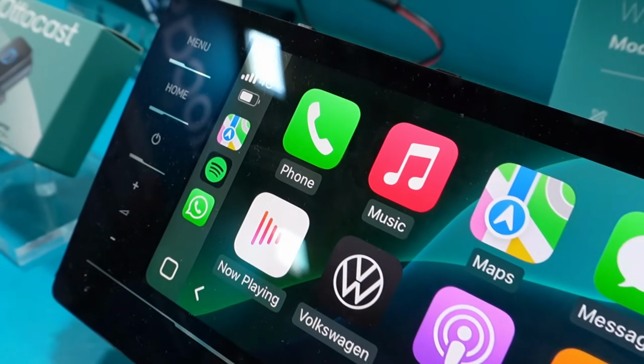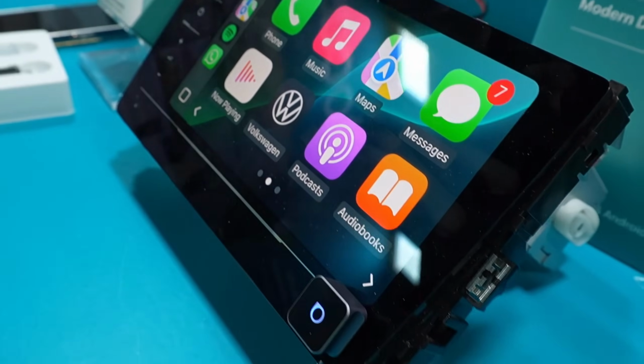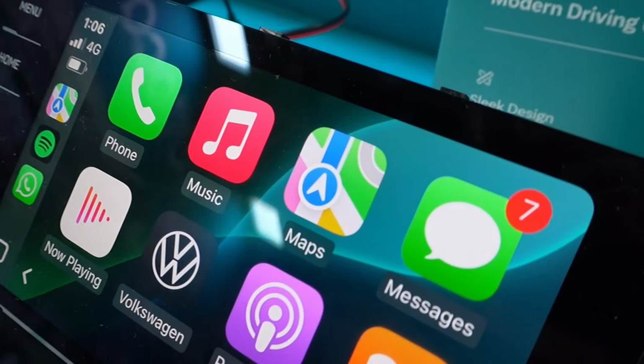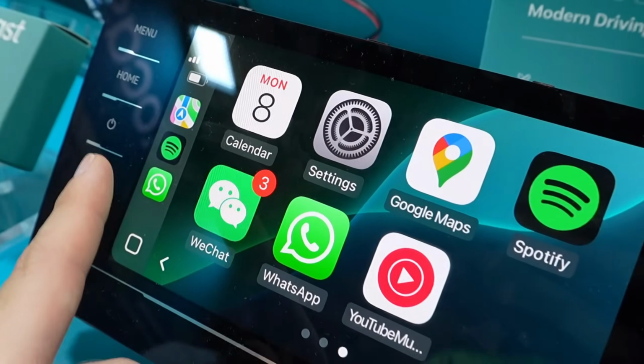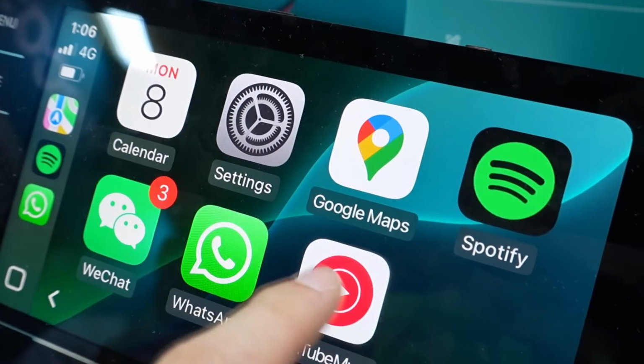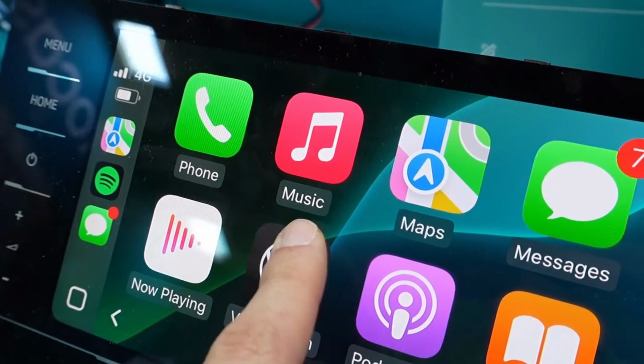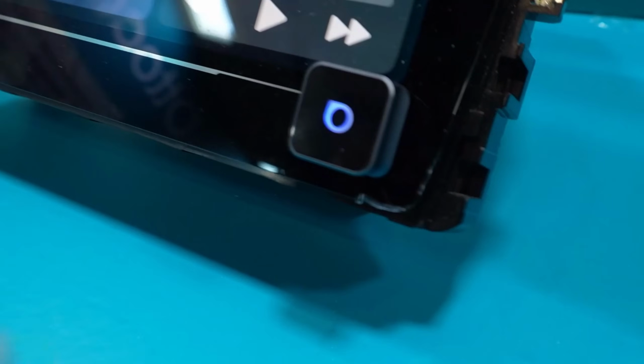Useful for me and for all those people who listen to music inside their car or who are always on the road. I now have a subscription with Google Maps regarding the connection speed and interface compared to the mobile phone. Let's also see the messages. As you have seen, they are opened instantly, so a very useful interface, and especially really